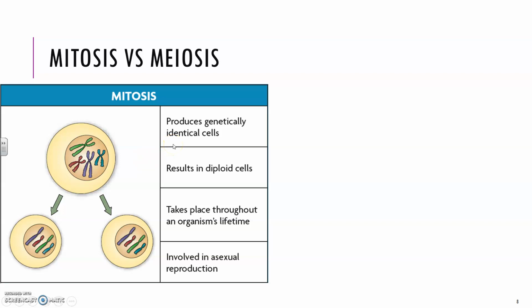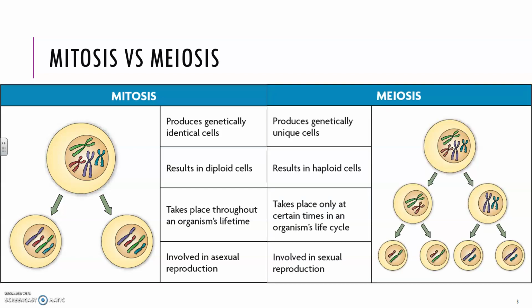So mitosis is going to produce genetically identical cells and will also result in diploid cells. This will take place throughout an organism's lifetime and can also be involved in asexual reproduction. Not in humans, obviously, we talked about that in the last chapter, but meiosis, on the other hand,